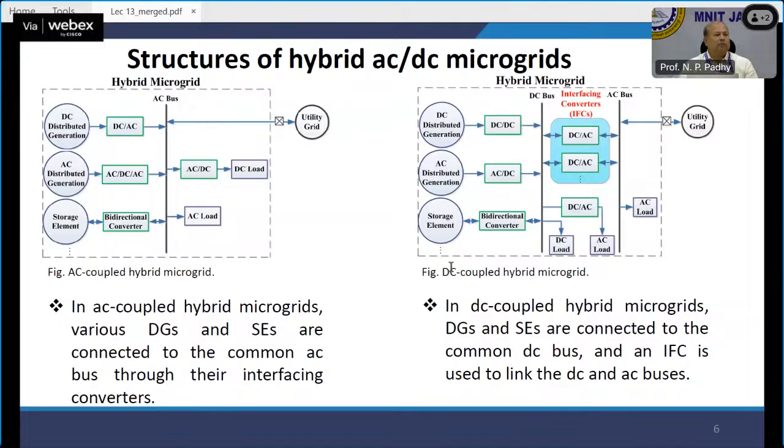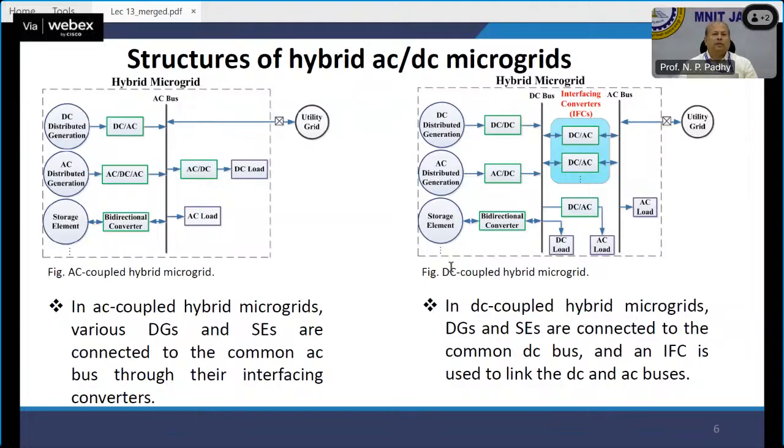So there is only one bus, that is my AC bus. Okay, very popular structure, very realistic. But there is a bit of losses because of multiple conversions. So to avoid that, we are going for a DC bus and an AC bus concept instead of having multiple conversions. So there actually we will have many interfacing converters,